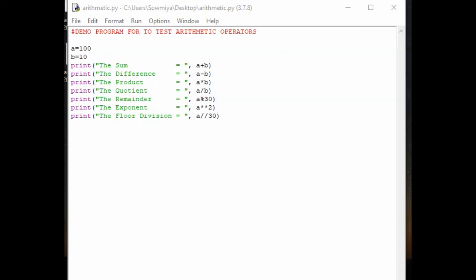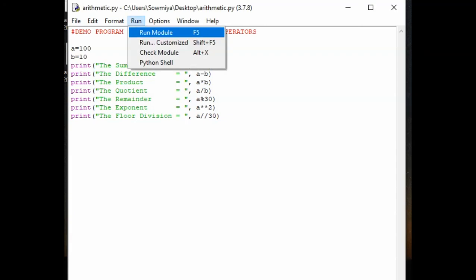Once you run the program, you have to save the file and then run the module.